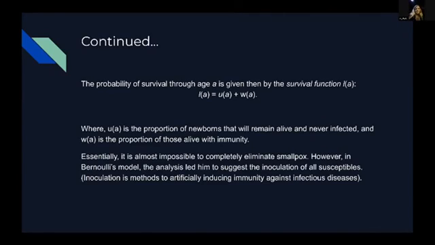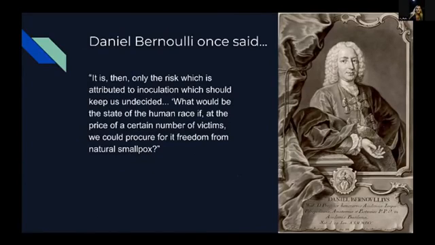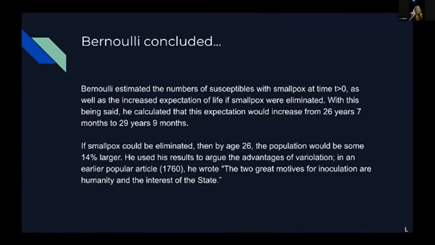So essentially, it is impossible to completely eliminate smallpox. However, in Bernoulli's model, the analysis led him to suggest the inoculation of all susceptibles, where inoculation is the method to artificially induce immunity against infectious diseases. Daniel Bernoulli once said, "It is then only the risk which is attributed to inoculation which should keep us undecided. What would be the state of the human race if at the price of a certain number of victims, we could procure freedom from natural smallpox?" So therefore,